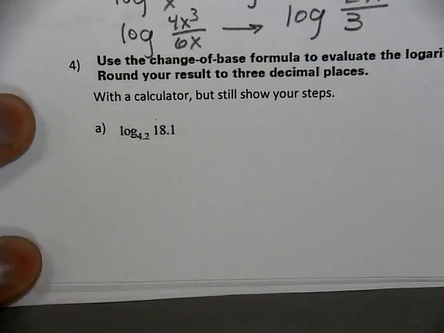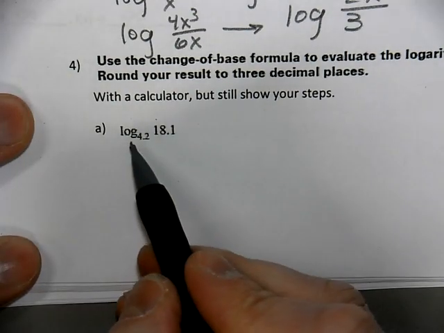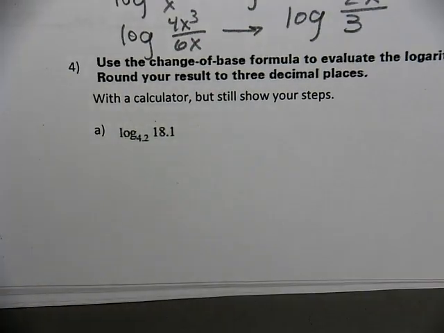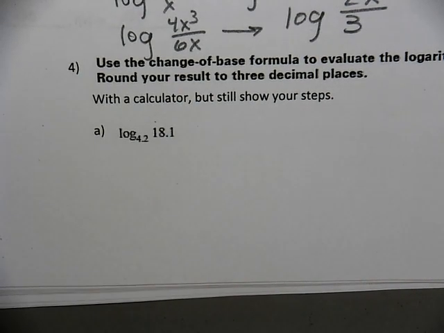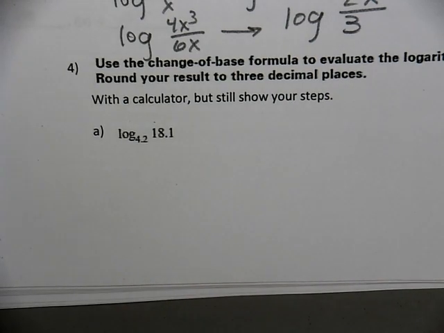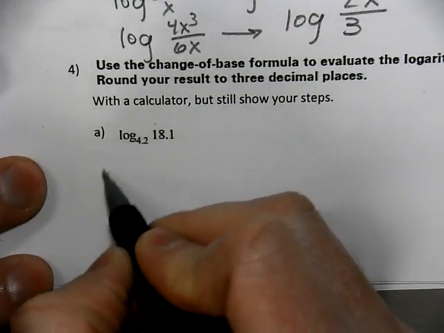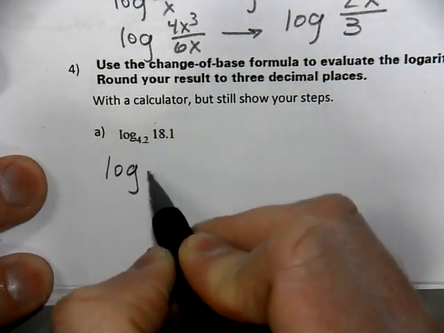For the change of base formula. Looking here, our calculator naturally can do the common log, which is base 10. So if you type in, hit the LOG button, and immediately hit 18.1, that's going to tell you how many times 10 to what power equals 18.1. We want to know how much is 4.2 to what power. So it's going to be a larger number instead of base 10. So a way to do this